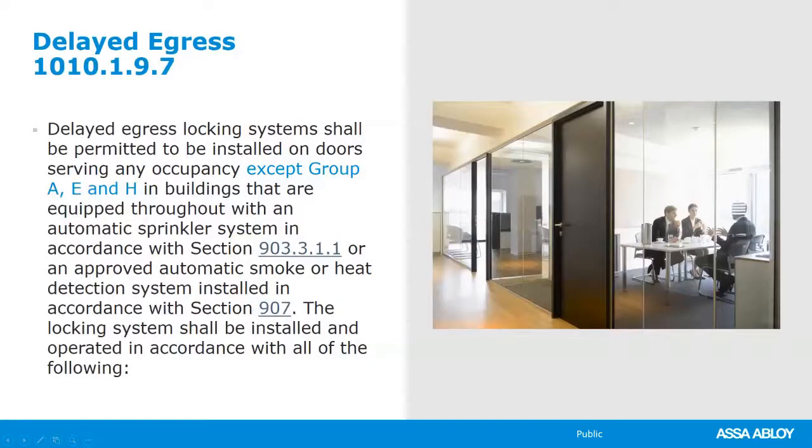Delayed egress is permitted anywhere except for Group A, which is assembly, Group E, educational, and H, high hazard. If you have assembly mixed in with your hospital, your egress path, you've got to make sure to check it and not use delayed egress along that egress path when you have assembly mixed in. But in I2, in a hospital, if you don't have a mixed occupancy, you are able to use them as long as you meet all of the following criteria,